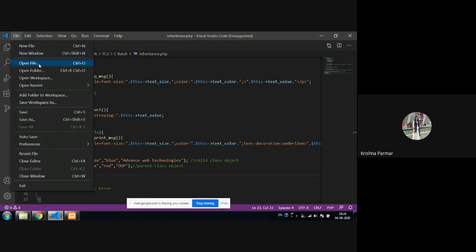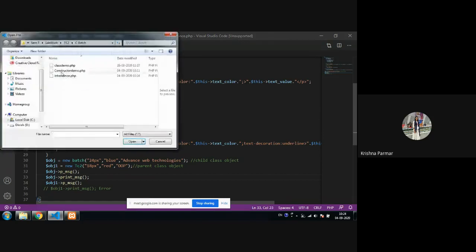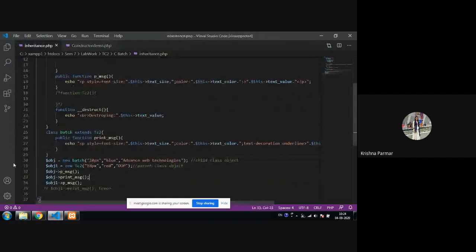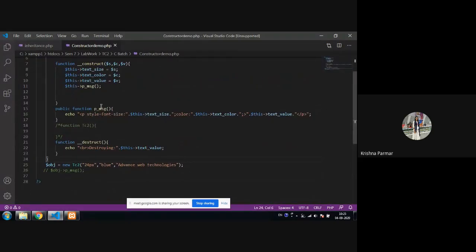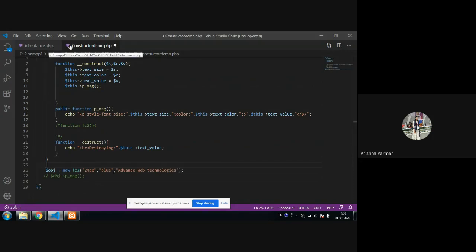Now we again open that previous file. Why? Because I want to give a demonstration of the constructor, if your child class has a constructor, because in this program we don't have one, right? So if your child class has a constructor, how will it interpret it and how different is the scenario? So we are again opening this constructor demo file where we are creating the constructor of the child class. And here we are using the inheritance concept. That's why I first cleared up inheritance, and after that we go again to the constructor.